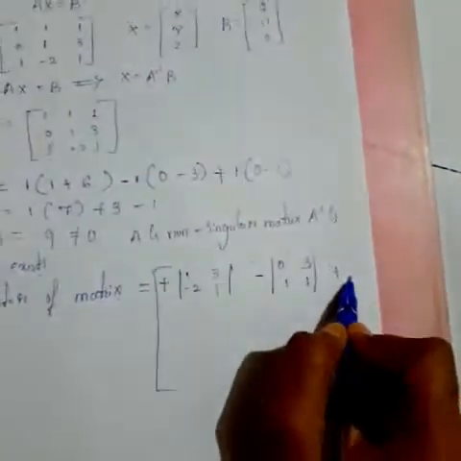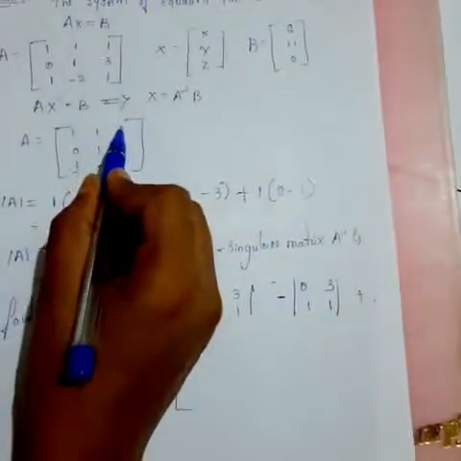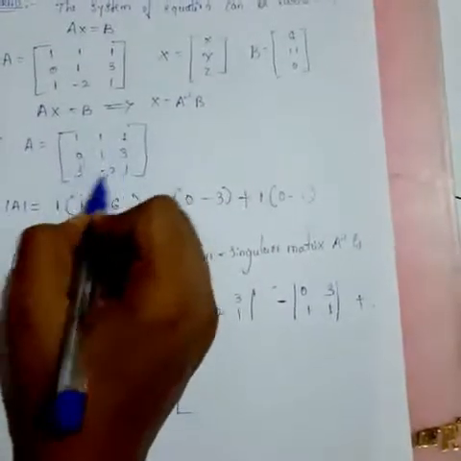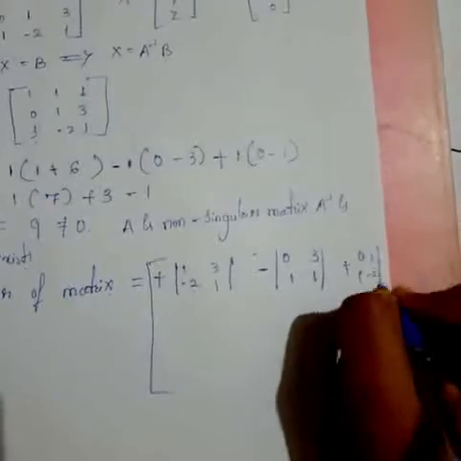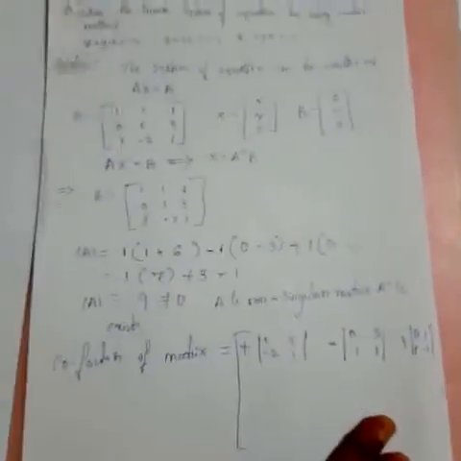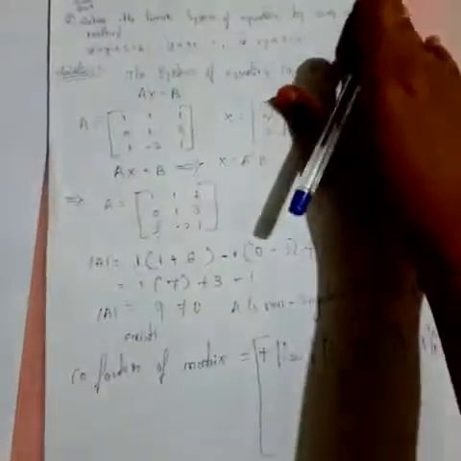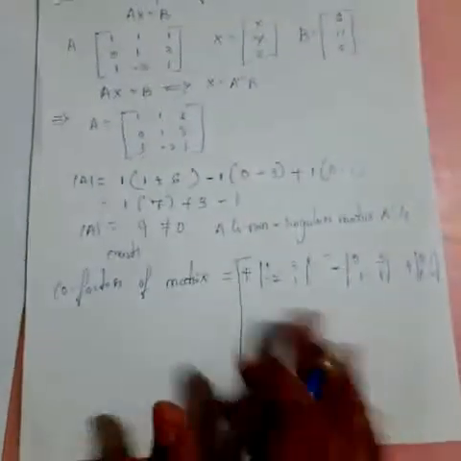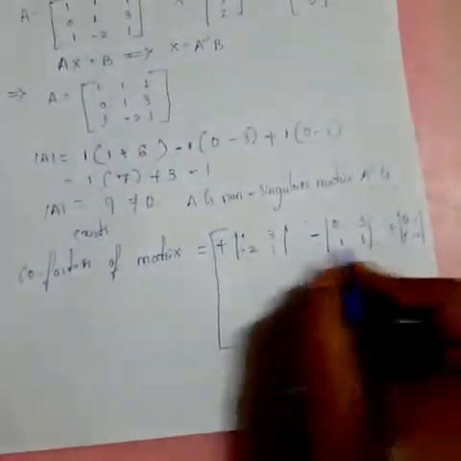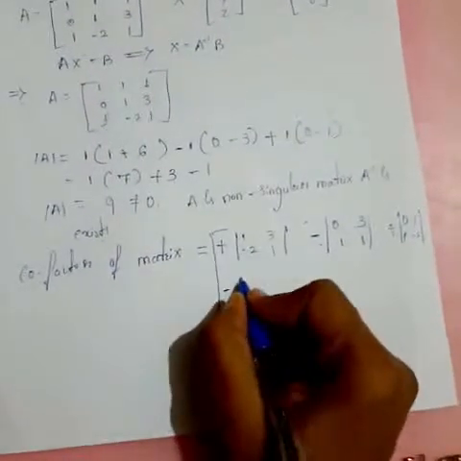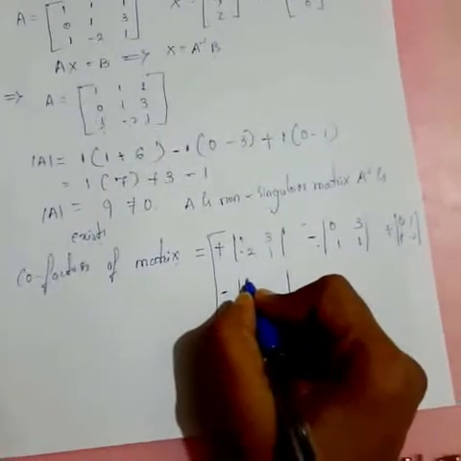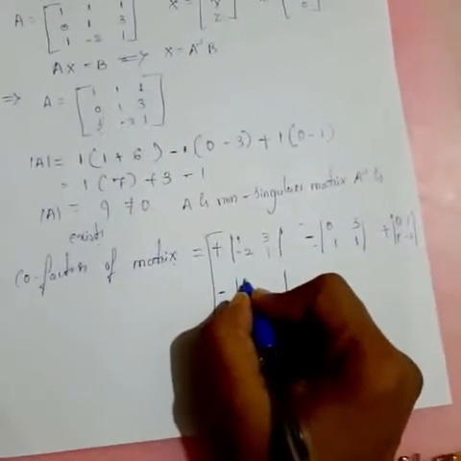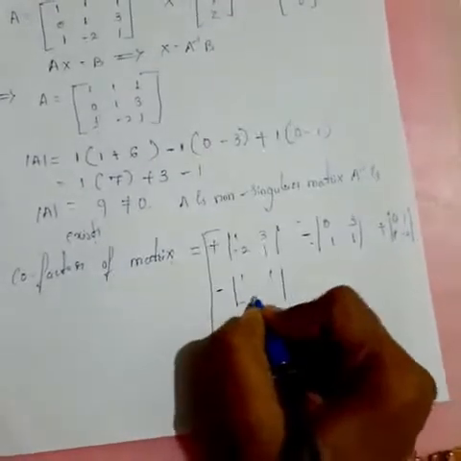This is nothing but A13, which means first row third column. The remaining elements are 0 1 1 minus 2. Yes, next similarly, A21 is nothing but the second row first column. Then plus, minus, plus is there, so we have to put a negative sign here. Next, the remaining values are what? Second row first column means 1 1 minus 2 and